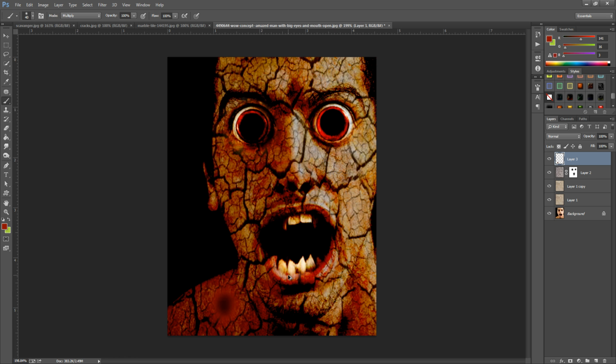So I'm just going to take that off because that's not the way I want it to be. I'm going to change the opacity down to around about 24% for this. And I'm just going to add a few streaks around the mouth, like that. Obviously you can bring the opacity down on the layer to around about 75,